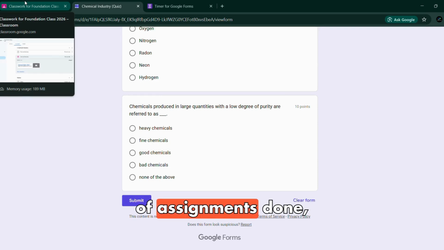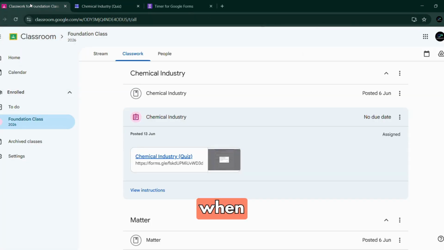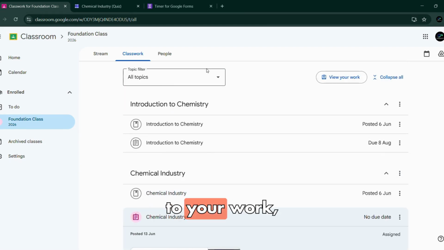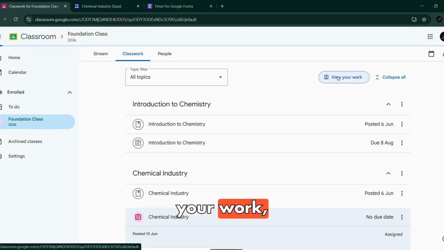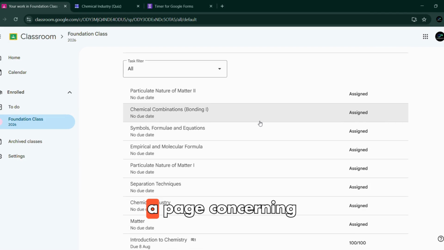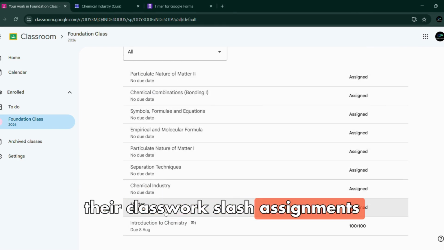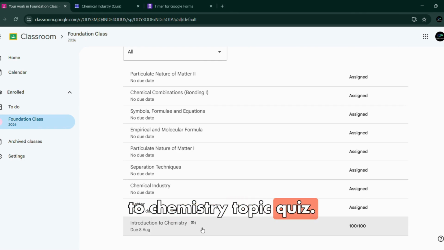Now, in the case of assignments, because there are always going to be deadlines for various assignments, when the teacher has given grades to your work, you see this top corner here that says view your work. You click on this and it takes you to a page concerning all the topics and their classwork and assignments. Now, the introduction to chemistry topic quiz has already been done by me as a test run,